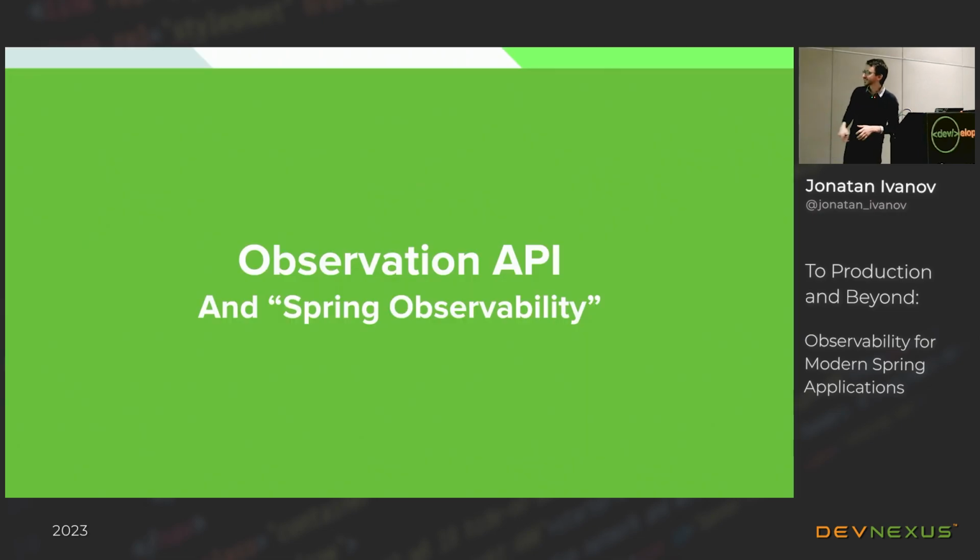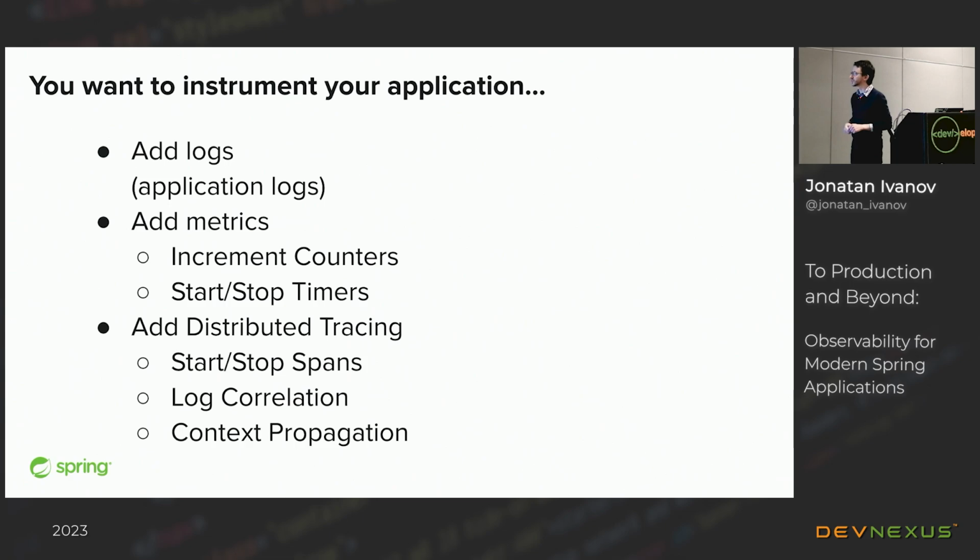Okay, this is a very important part of the talk. So basically what happens here is in Micrometer 1.10, which was November 2022, we released a new API under the Micrometer umbrella called the Observation API. And the idea behind the Observation API is that if you want to instrument your application, you need to do